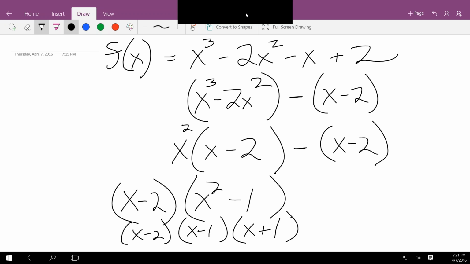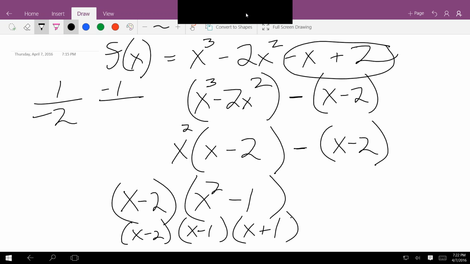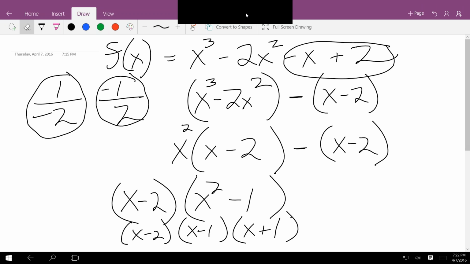Now, the reason I could do this by grouping is because the ratio of the coefficients of the first two terms were 1 over minus 2, right? And the ratio of the coefficients of the second two terms are minus 1 over 2. As long as those two ratios are the same, then you can solve it by grouping, always. In other words, even if I had something like the following,